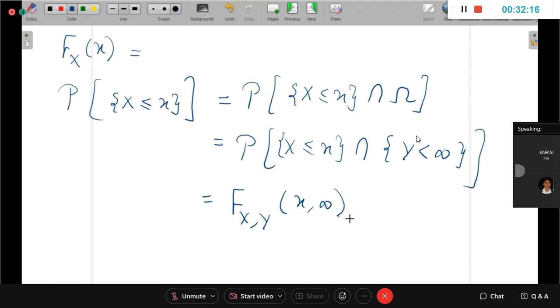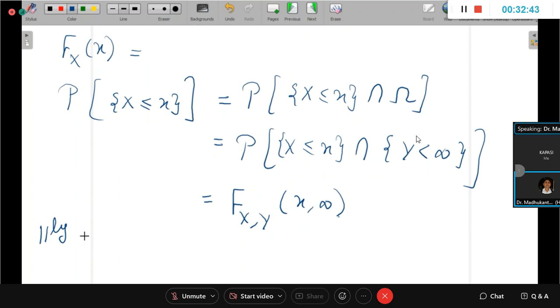Is that fine? Yes, sir. Of course, infinity means, if you include the equal to sign, you will say it is an impossible event, that you can write as an individual event and use the probability definition, and that's an impossible event with zero probability. Okay, so we will see a clearer picture when we write the joint PMF and